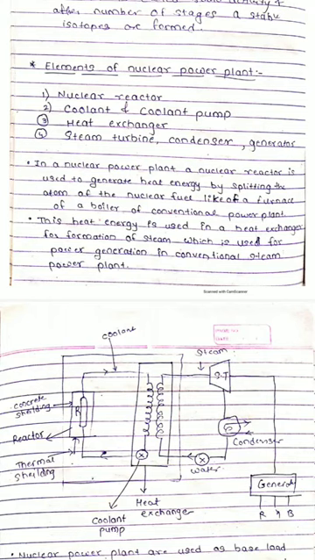So basically, a nuclear power plant is where two radioactive atoms fuse into each other to release energy. That means these radioactive atoms mix with each other, release the energy, and produce the next atom. So by fusion of the elements, the energy is generated, and that is used for energy generation in the nuclear power plant.